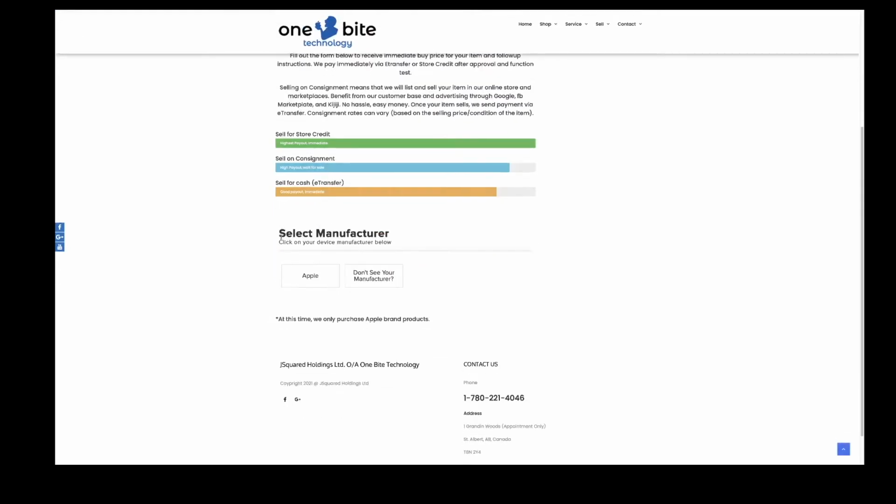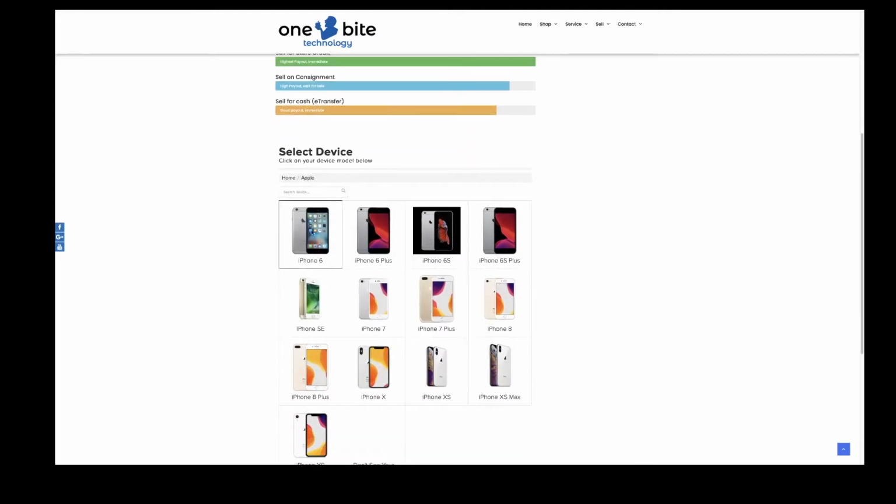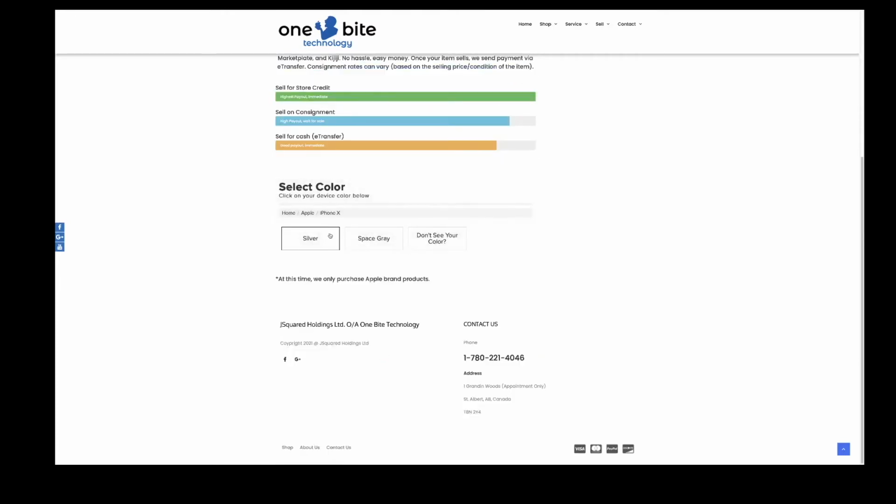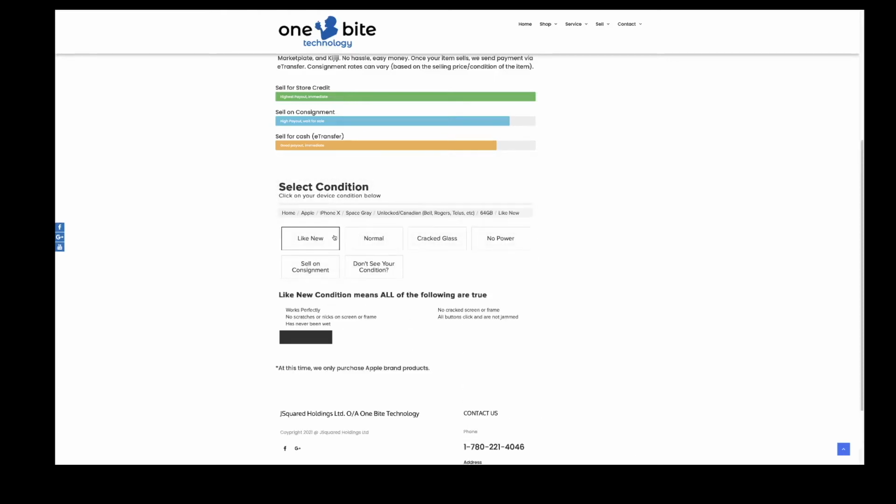So this section here is the RepairDesk widget. So you set up your manufacturers within RepairDesk. I only do Apple products. So then you enter all your products, and right now I just have iPhones in here. So let's say an iPhone 10. They pick the color. Here in Canada, they're all unlocked. So you pick that, pick the size, and then they select their